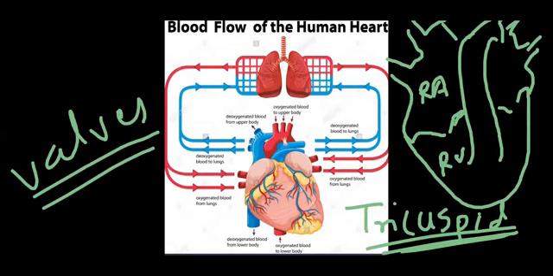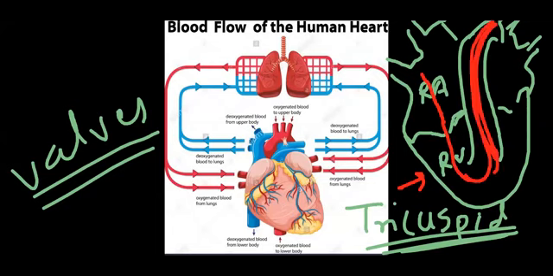So for example, now the blood is flowing from the right atrium to the right ventricle, right? In the next cycle, what happens? The ventricular wall contracts and the blood flows into the pulmonary artery. So during this process, when the ventricle contracts from all sides, blood should not flow back upward into the upper chamber. That is the reason the valves are given.